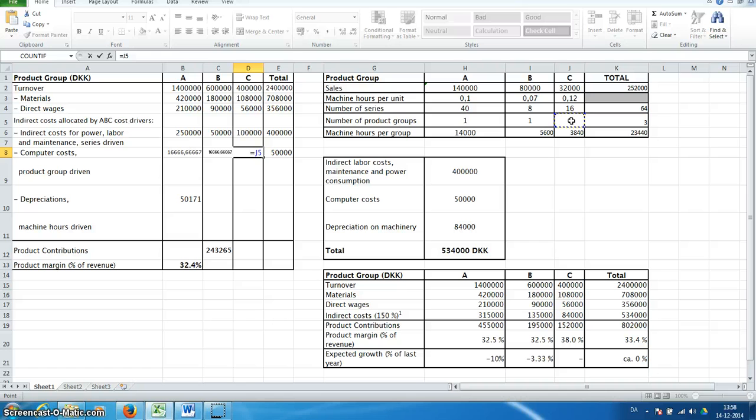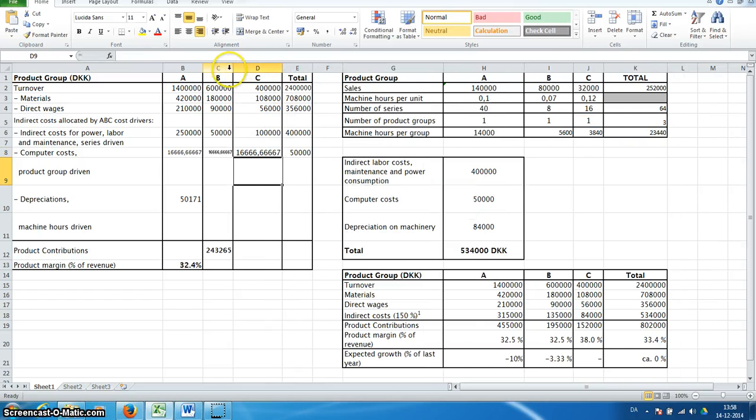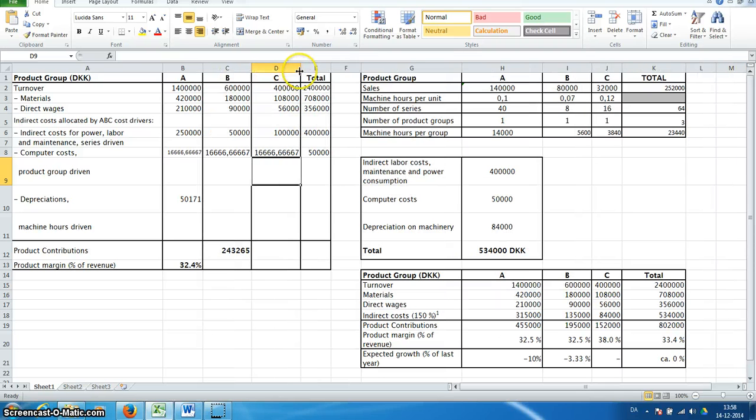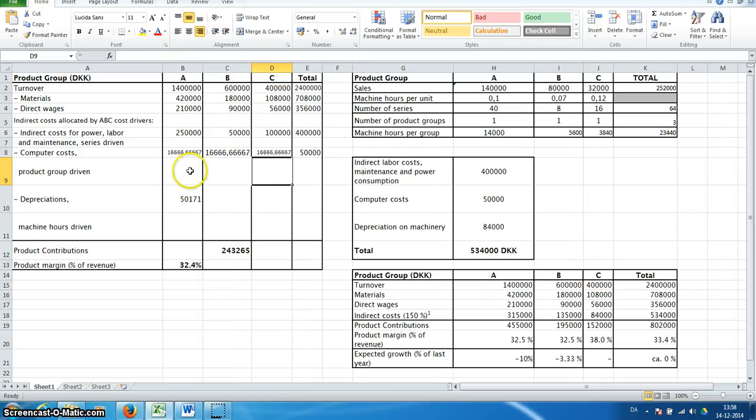And like that. And as you can see, this is not a very good table to work in. So once again, I hope that you don't get an exam like this, or a question like this at the exam. But next, depreciations. Those are machine hour driven, and we can see that there has already been allocated this amount to product A,